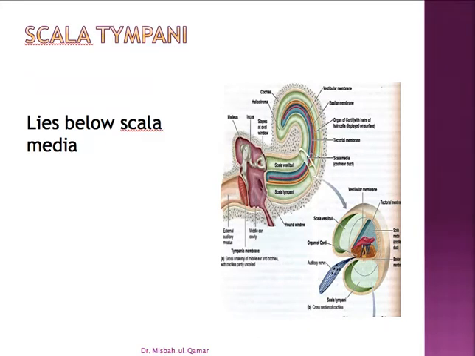The scala tympani lies below the scala media, and it goes parallel all the way up to the apex, and then it is communicated with the scala vestibuli through the helicotrema, and then it starts at the helicotrema and ends at the round window,